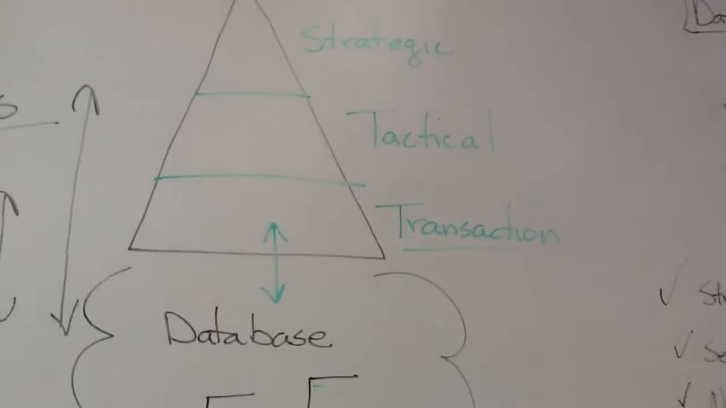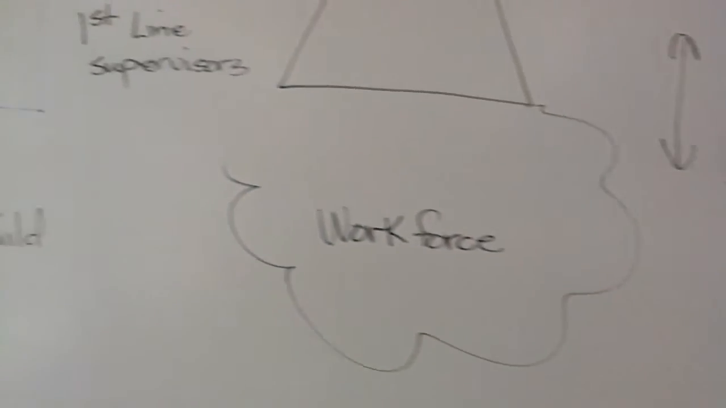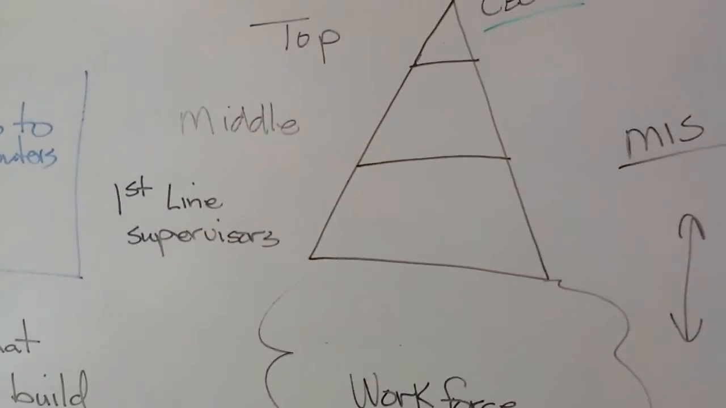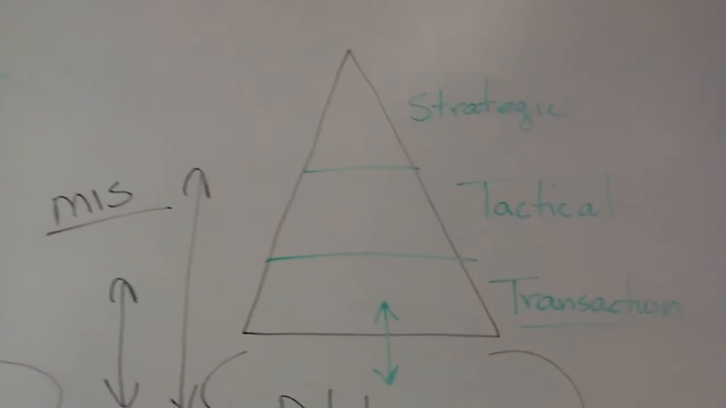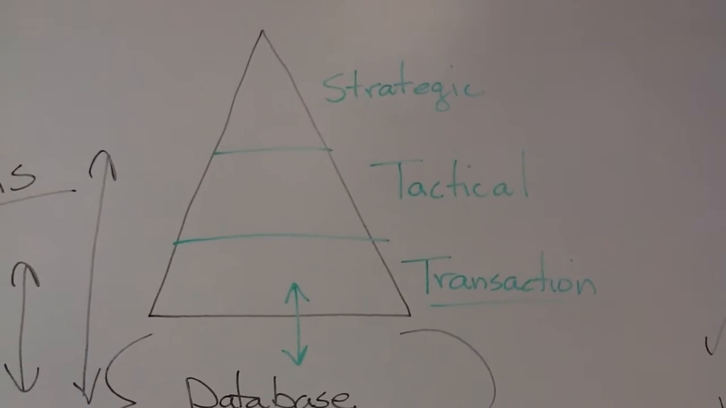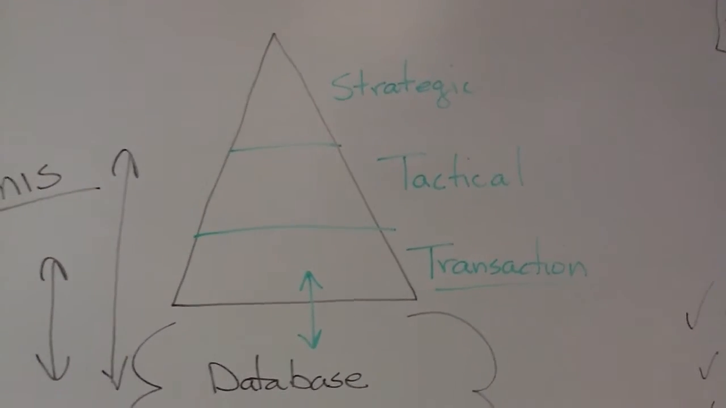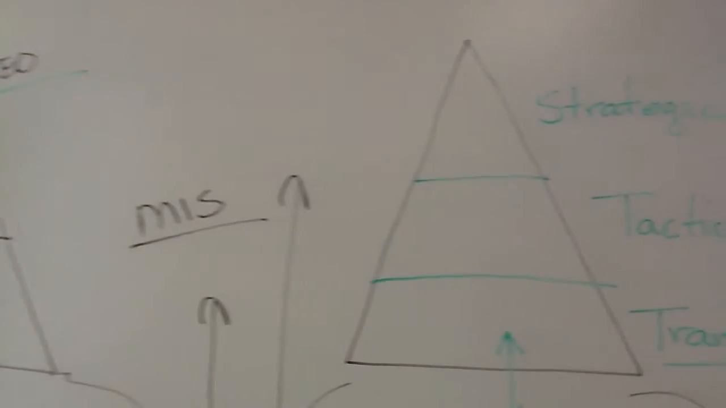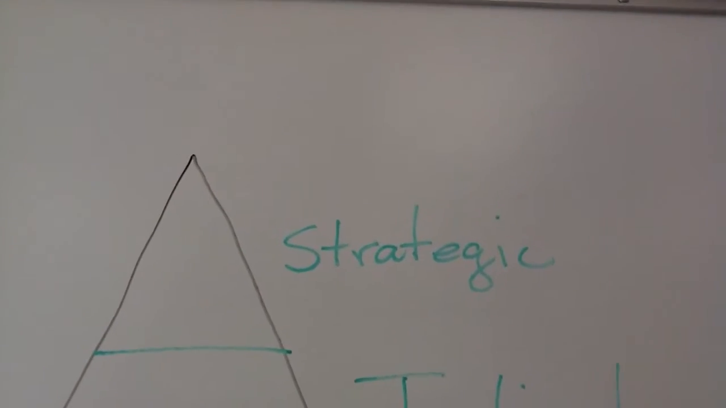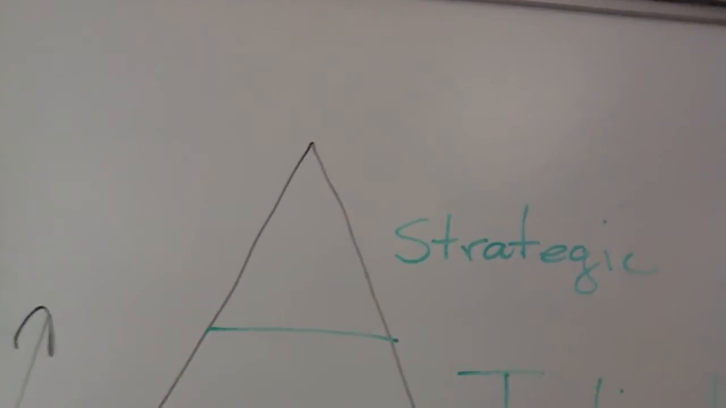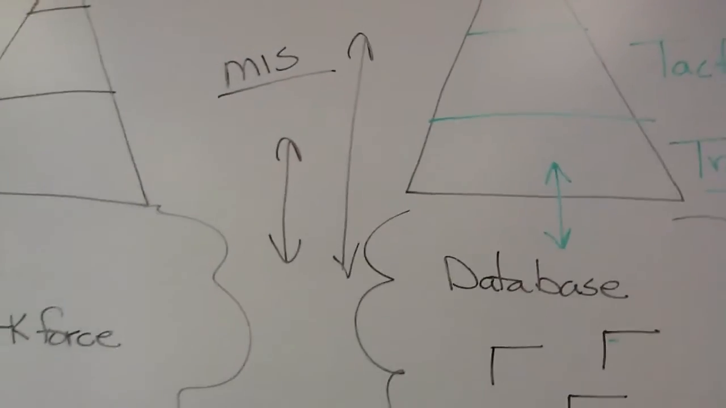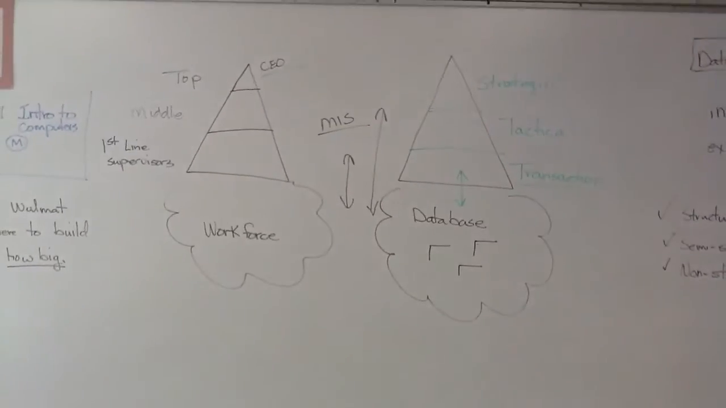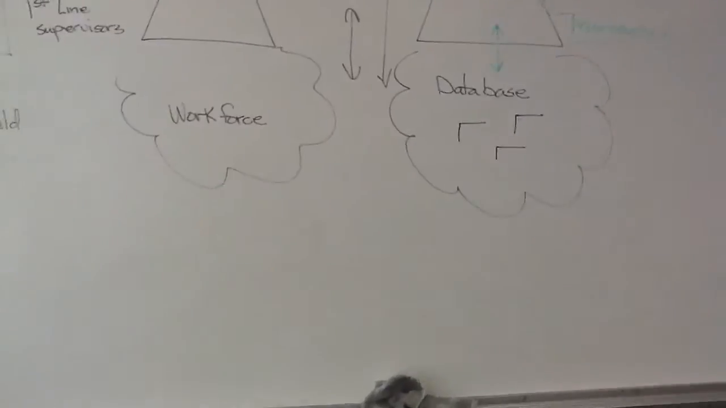Transaction information is usually managed by first line supervisors in the workforce. Middle management does tactical decisions, the day in and day out operations, week by week, month by month. And top level management, the CEO, makes strategic decisions. Do we add another store or not? All right. So we discussed this today, and then the last thing I'll mention, we talked about what kind of